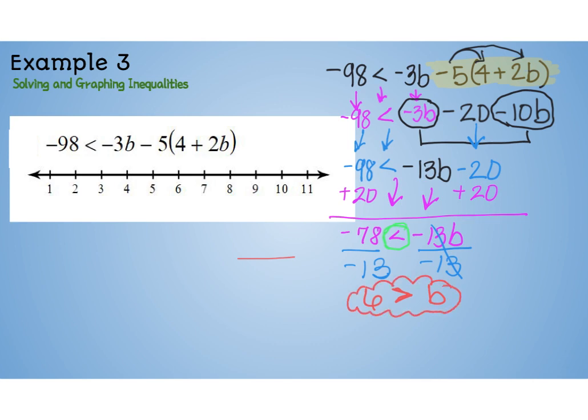So that means b is less than 6, or 6 is greater than b, right? But since we're thinking about the solutions for b, I know that my solution set is going to be all values that are